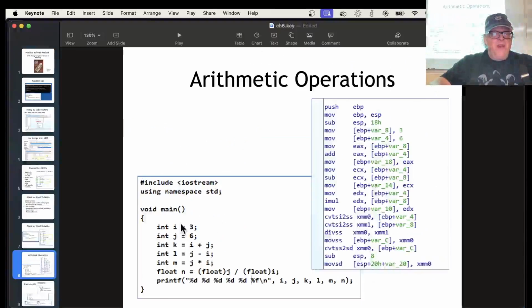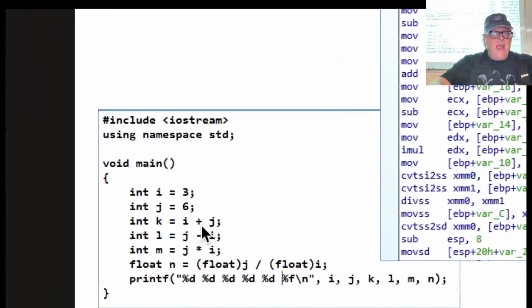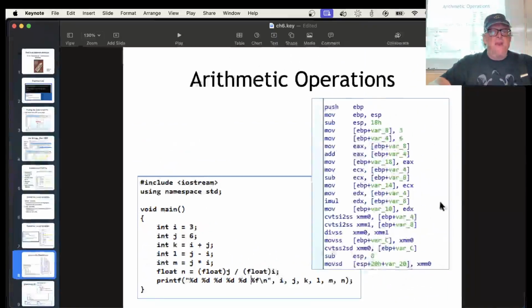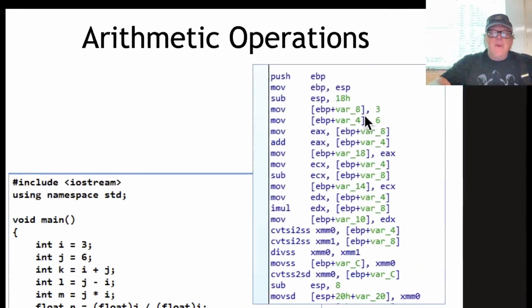Here I'm going to define some numbers, and then I'm going to add, subtract, multiply, and divide those numbers, and then print them all out. When you print them out, you can see this is a local variable. I put a 3. That's I, which is EBP plus 8. EBP plus 4 is going to be J. That's 6. So then I let K equal I plus J. So I define this variable K to just be